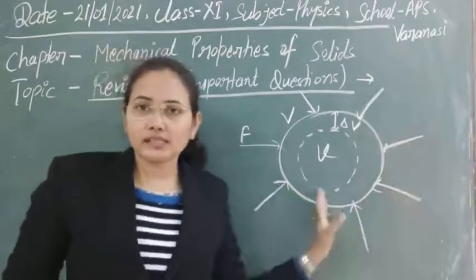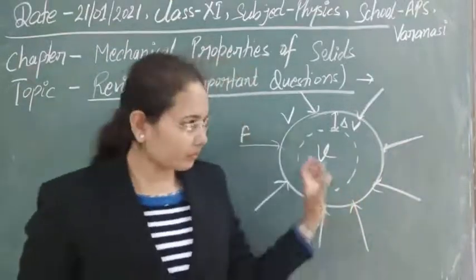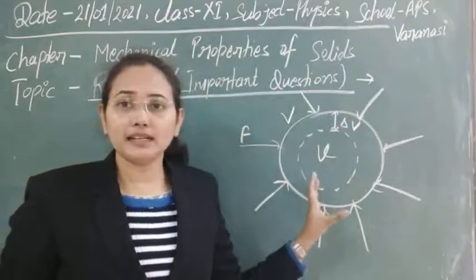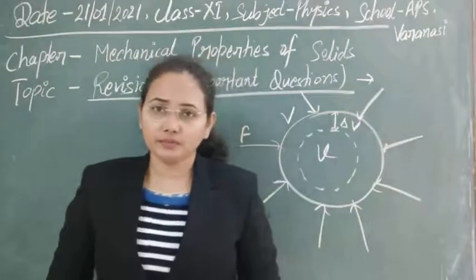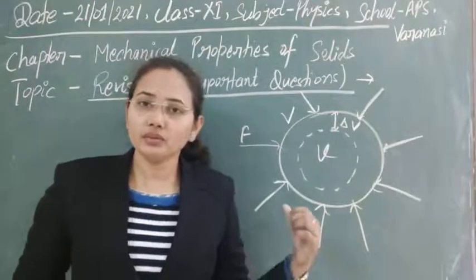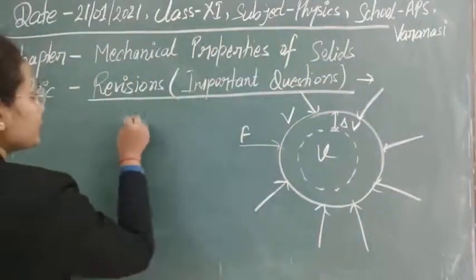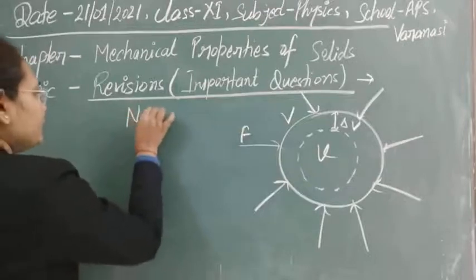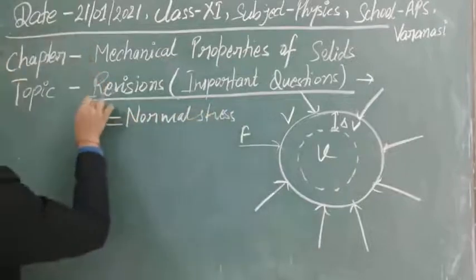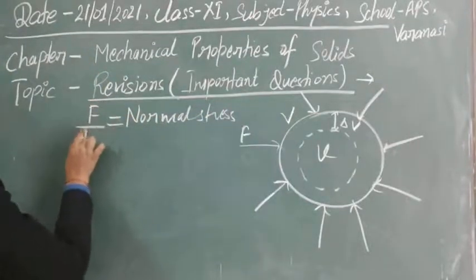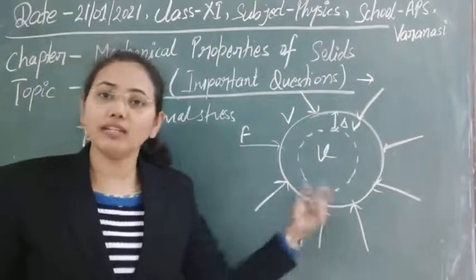So first, the stress that is applied is normal stress, and the strain that is produced here is the change in volume. Strain is defined as the change in configuration to the original configuration. So if we want to calculate the stress here, we have normal stress, and its value is force per unit area. This is basically the restoring force per unit area, but still here we are talking about within the elastic limit.